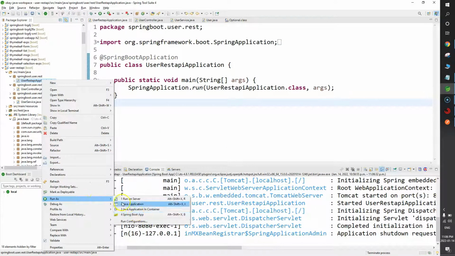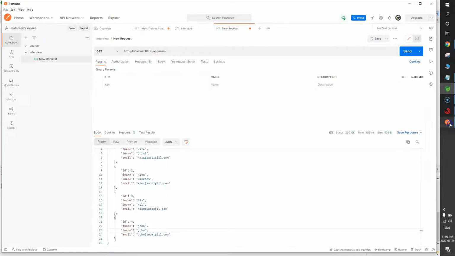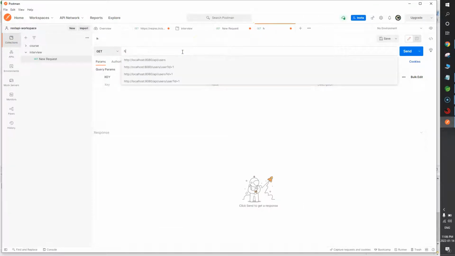Let me stop our application and restart. Right click, run as Spring Boot application. Okay, so our application is started. Let's go to Postman. I'm going to create a new request. I'll pass the endpoint here. So the endpoint is